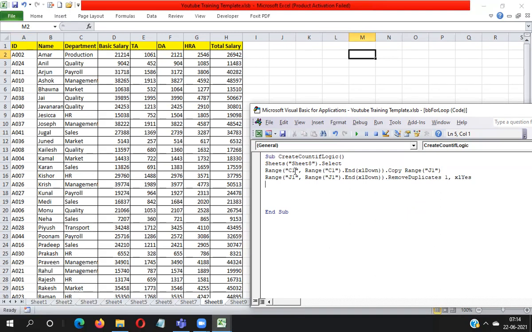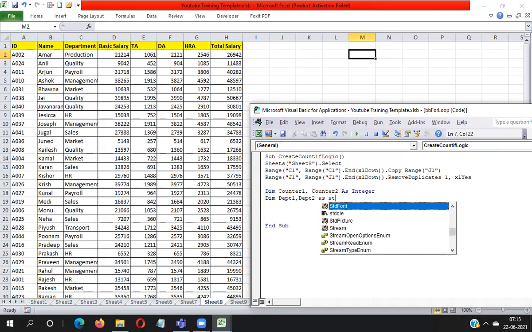After that, I have to declare two variables: the first variable for the first loop, the second variable for the second loop. So I declare Dim counter1, counter2 As Integer. After that, I declare two department variables, Dim depth1, depth2 As String.